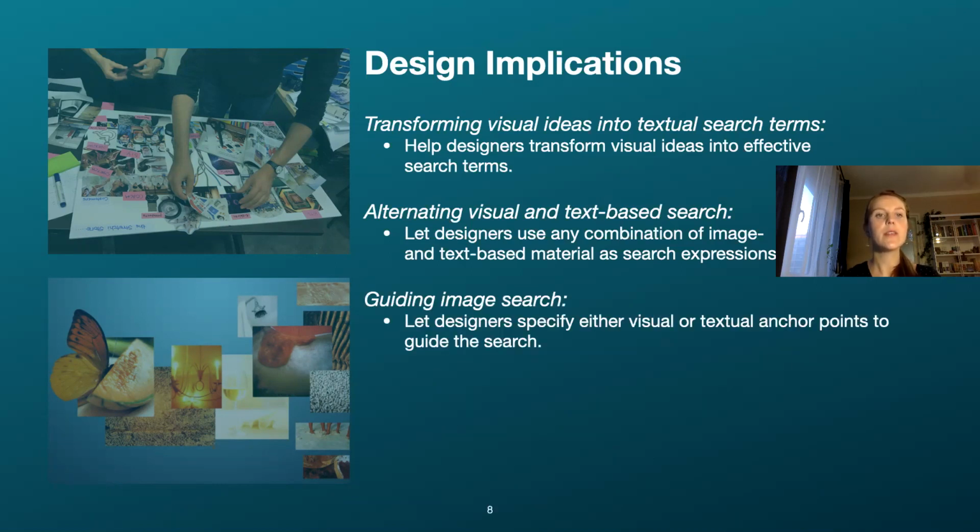Third, even if designers choose a good initial search query, they still struggle to guide the following search, since most image platforms return highly similar images. More exploratory and relevant images, however, are necessary as in-between steps, also called anchor points, to refine the search towards the desired result. Therefore, we saw the need to let designers specify either visual or textual anchor points to guide